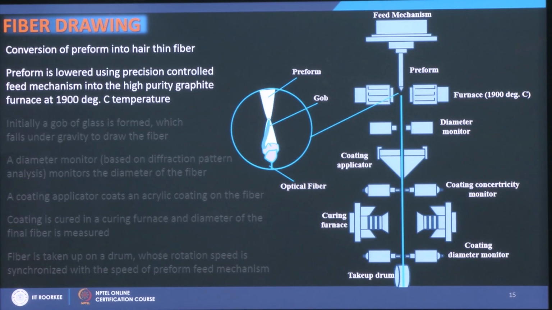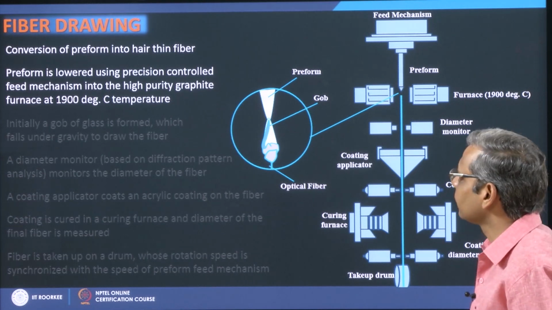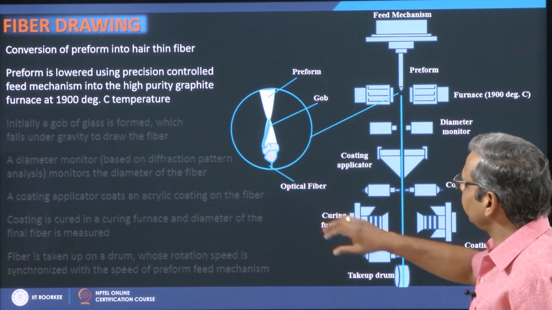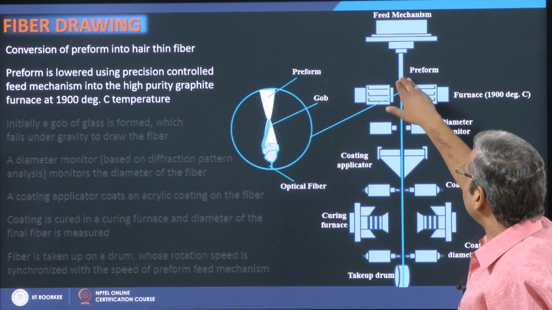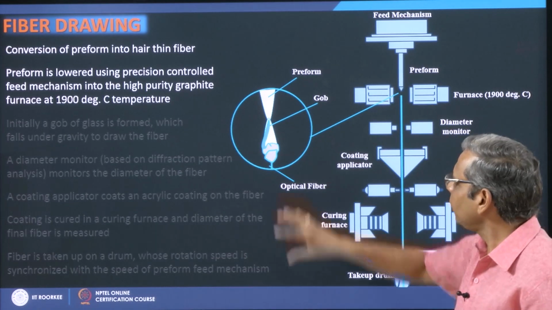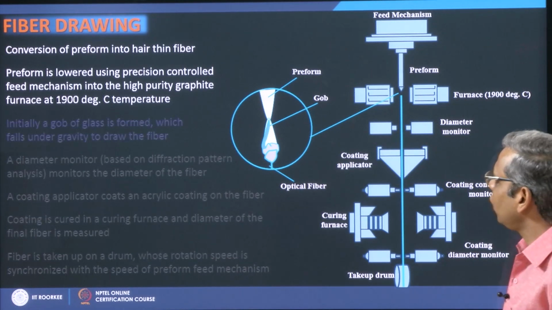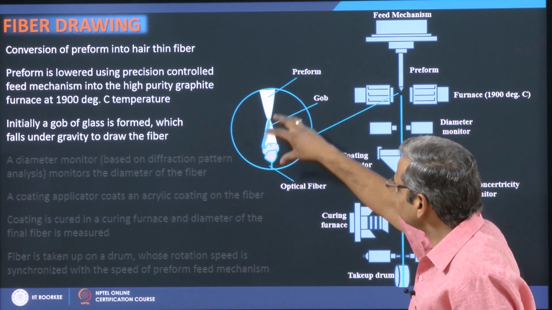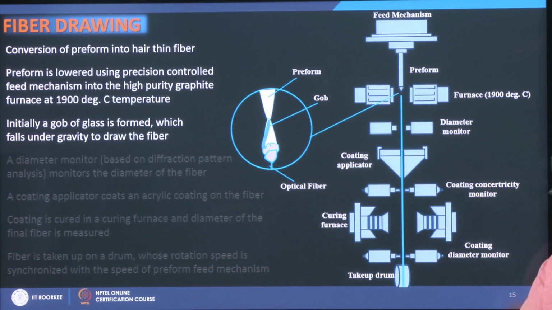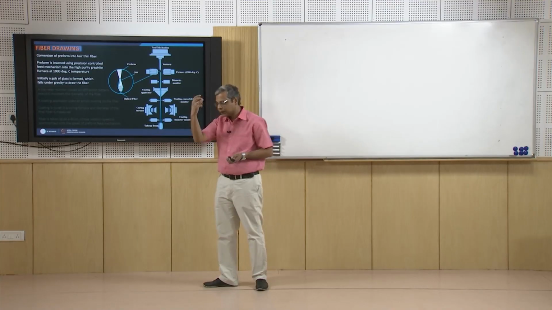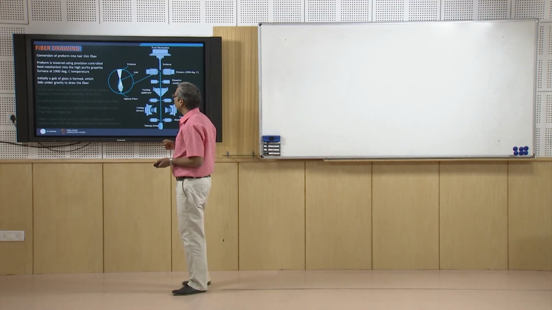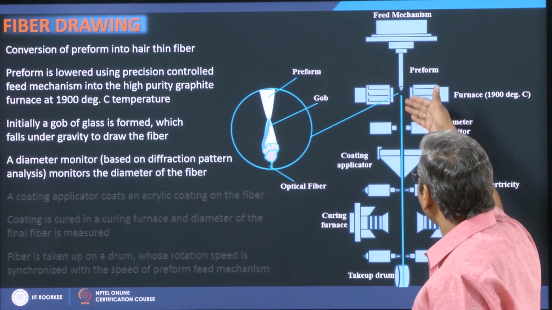Initially, when it starts melting, a gob of glass is formed here, and this gob of glass falls under gravity. When it falls, it pulls the fiber down,